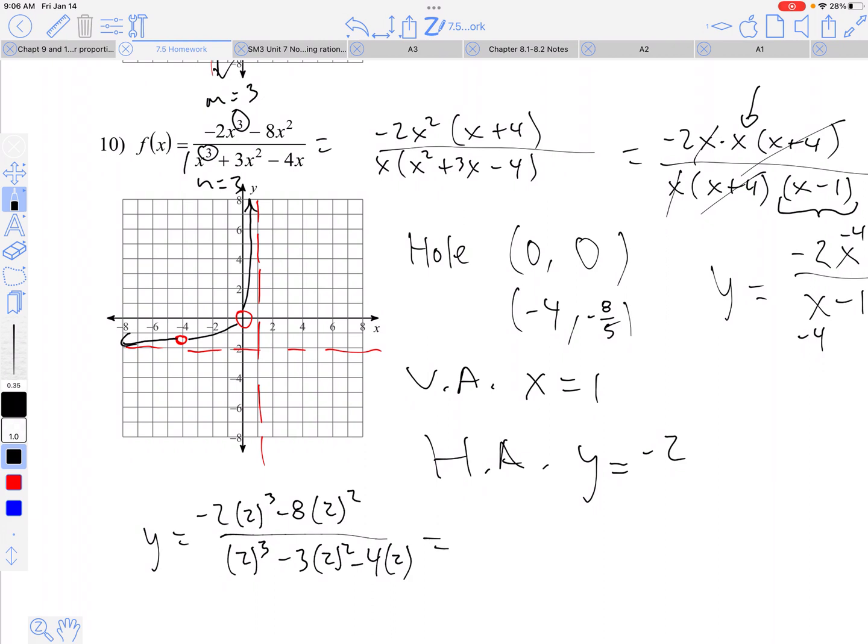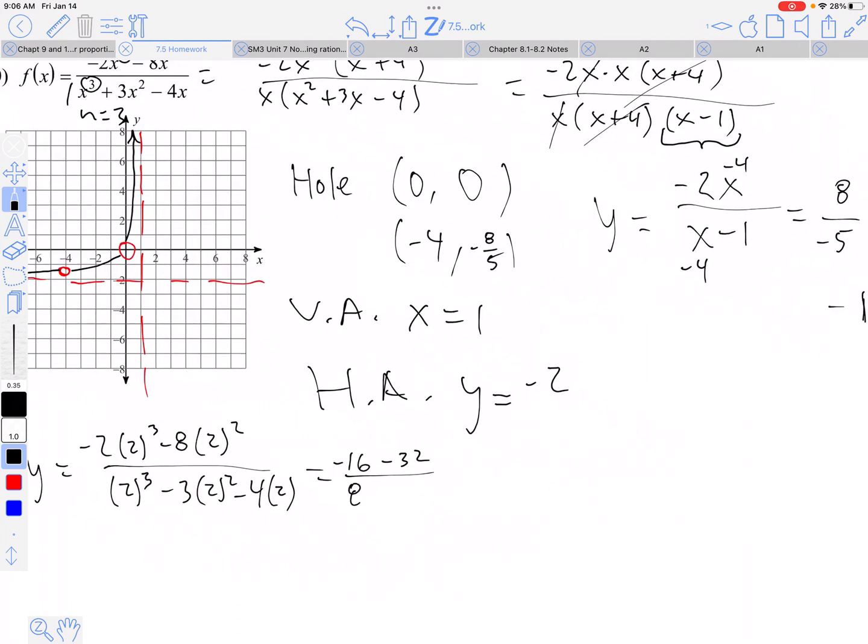So that'll give me negative 2 times 8, because 2 cubed is 8. Negative 2 times 8 is negative 16. 2 squared is 4. So negative 8 times 4 is negative 32. And then in the denominator, I'll get 8. 2 cubed is 8. 2 squared is 4. So minus negative 3 times 4 is negative 12. Then 4 times 2 is negative 8. So that leaves me with 8 minus 8 is 0, minus 12. Negative 12 in the bottom. And then negative 48. Okay, and 12 goes into 48 4 times. Negative divided by negative is a